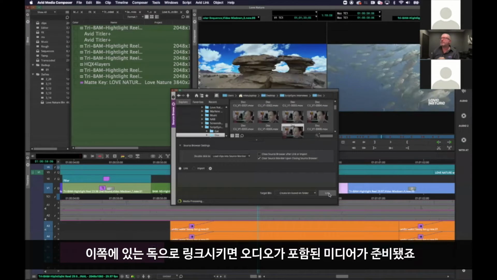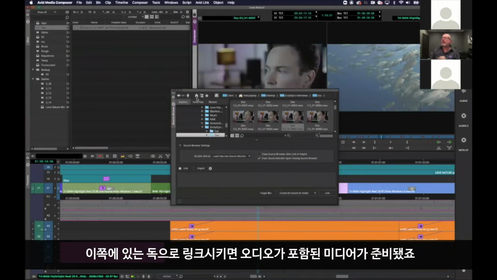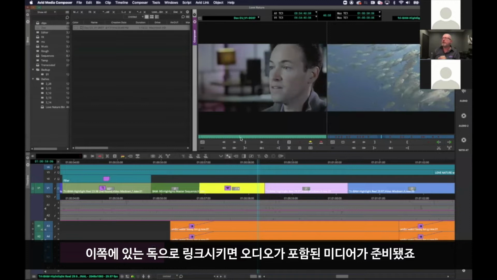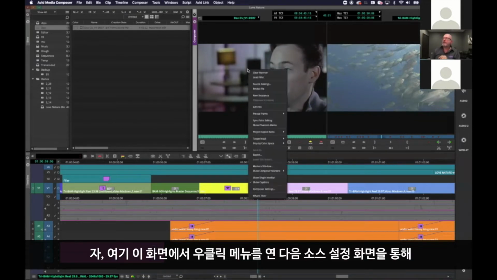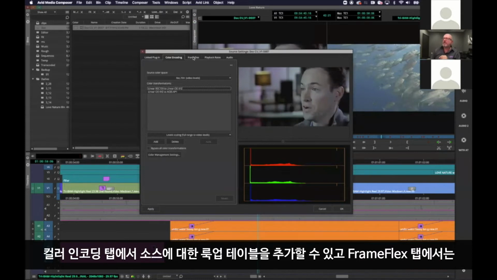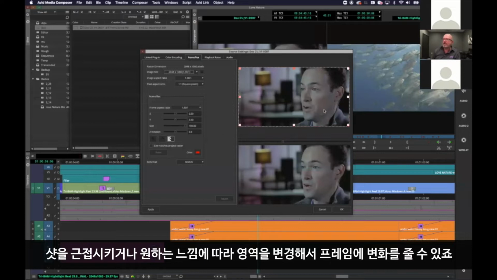Let's link to it right here. And so if I have media that has audio with it, a plane flew over, a motorcycle went by, but that's the take. If you right click and go to source settings, you have your color encoding, so you can add a lookup table to your source. You have Frame Flex if you want to choose a tighter shot or change to a more desired area